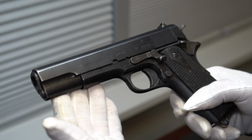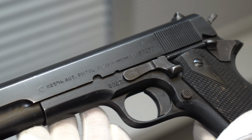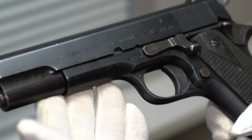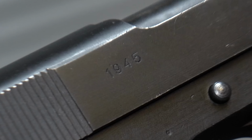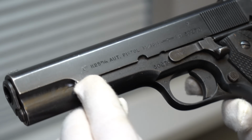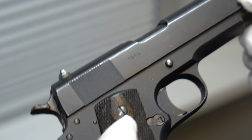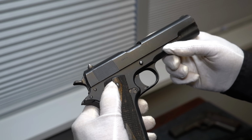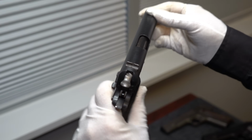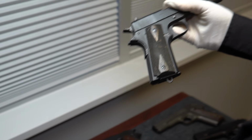These are not specially marked in any way, but you can find the serial range, and the factory still had the records, so you can look up when your gun was made. They're also dated right here. That makes it even easier. Only the ones from 1945 were Nazi-proofed. Now, the Nazis did make them under occupation and use them for their military. In fact, they were favorites among the SS troops and the Waffen troops, just because they're very well made, 45 caliber. They have the similar grip,